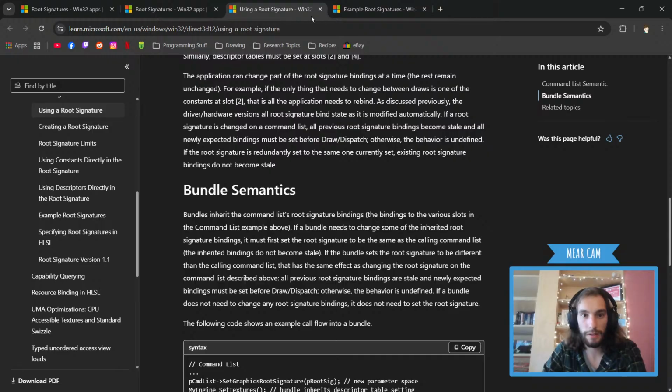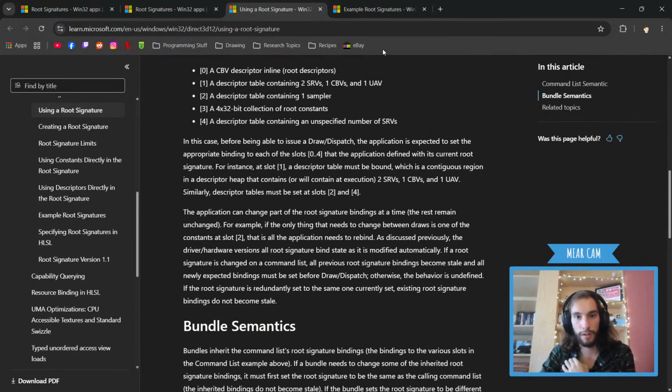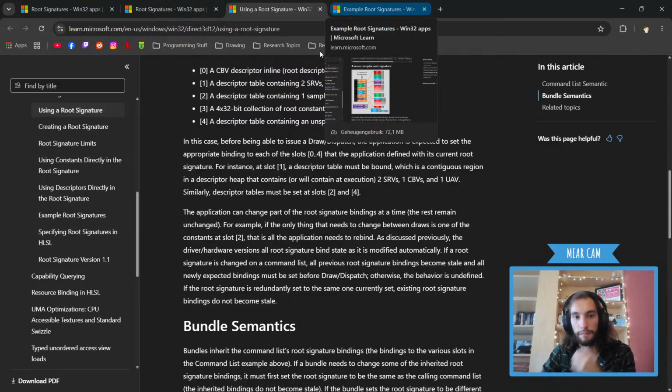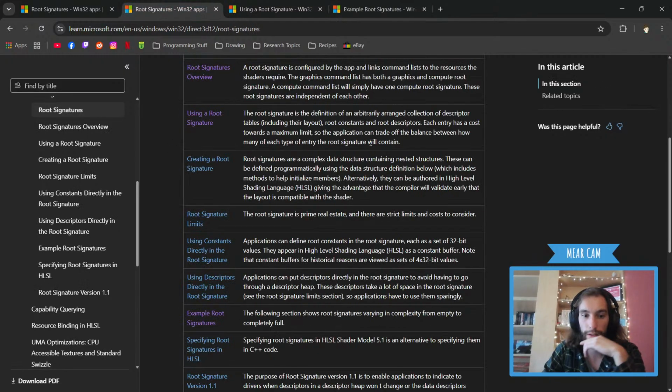But I don't think we need anything in a root signature at the moment. This should be defined by an application to have the following entries each. Can we set...